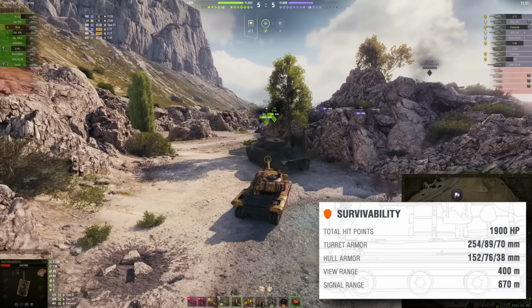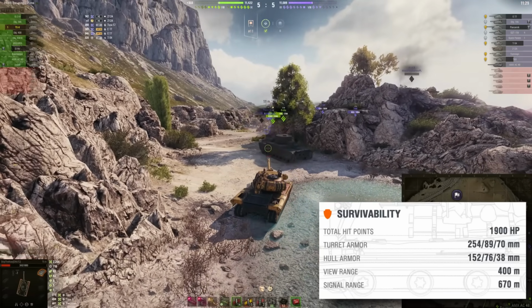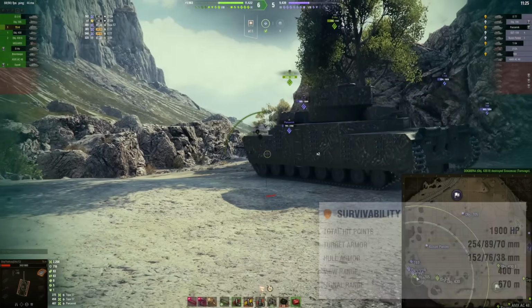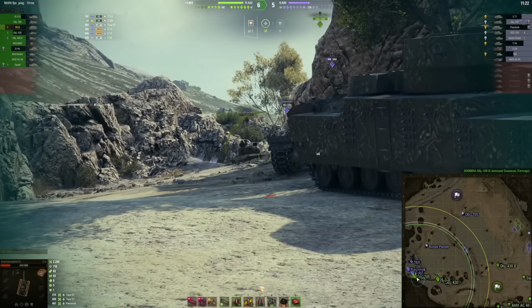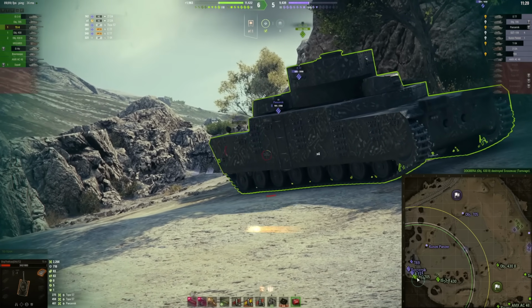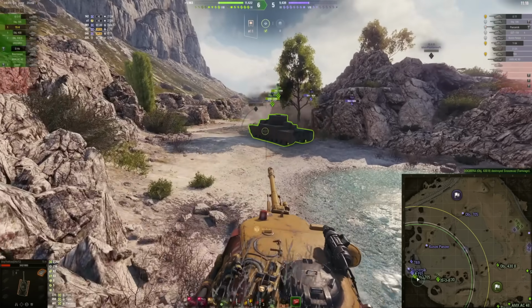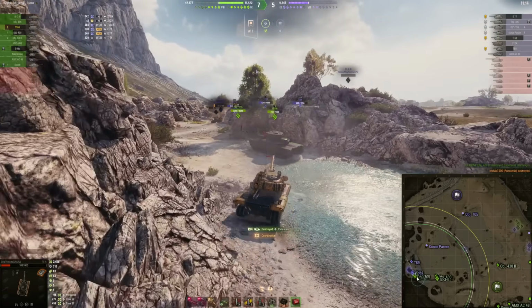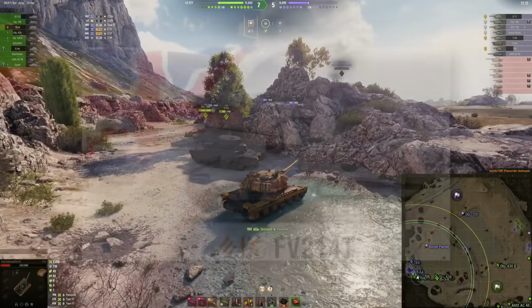Turret armor 254 in the front. I guess this is the gun mantlet, the strongest part. 89 and 70 on the sides and rear. 152 front, 76 and 38 on the sides and rear of the hull. Also 400-meter view range, and it has the classical 4 crew member setup: commander, driver, gunner and loader. And this is the